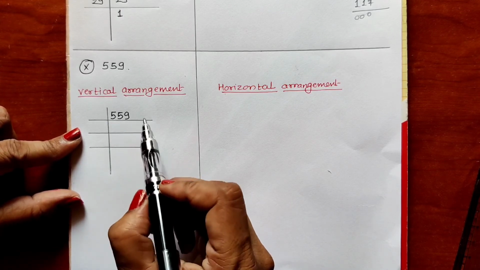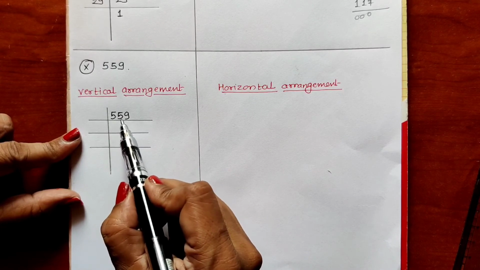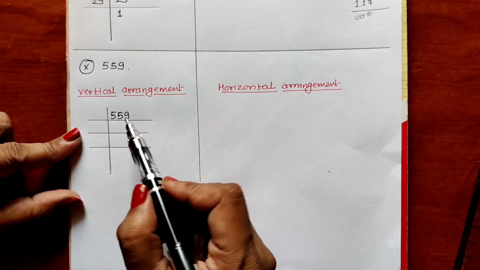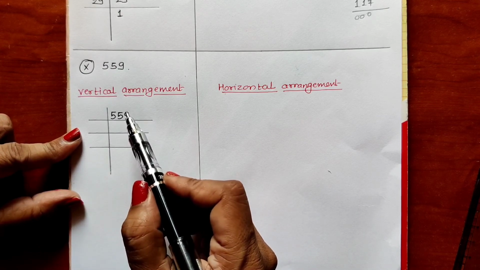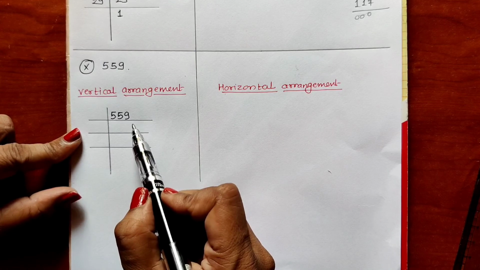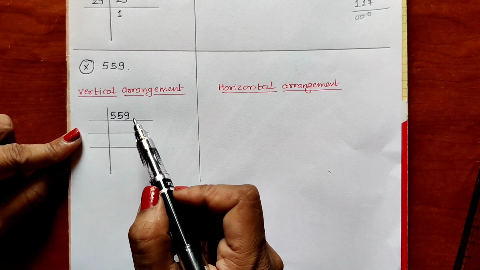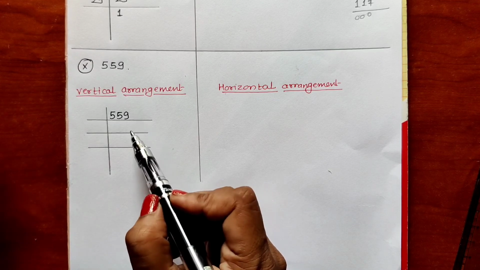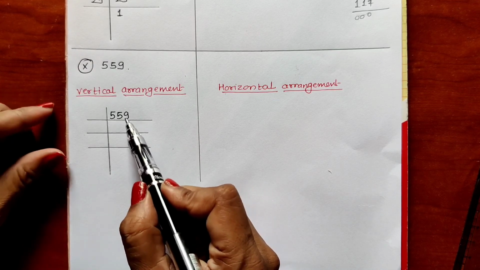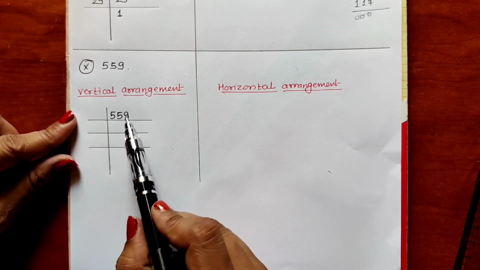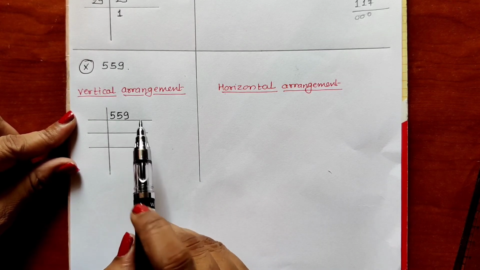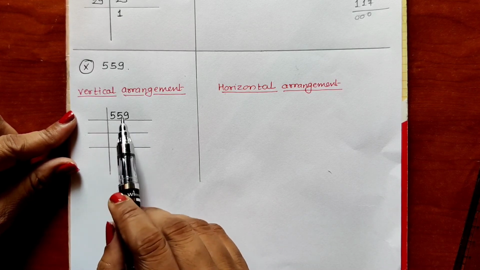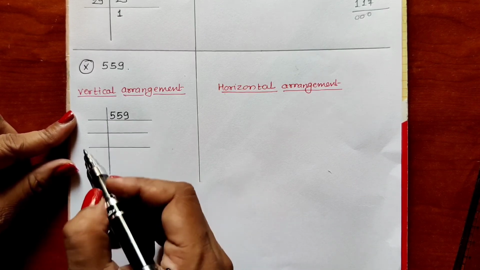It is an odd number. Let us check the divisibility of 3. 5 plus 5, 10. 10 plus 9 means 19. 19 is not there in the table of 3. It is not divisible by 3. So 559 will not be divisible by 3. As it is an odd number, it will not be divisible by any even number: 2, 4, 6 and 8. Then as 9 is there, it will not be divisible by 5 also. Let us check if it is divisible by 7. No, it will not be divisible by 7. It is not divisible by 9 either, as it is not divisible by 3. Directly it is again divisible by 13.